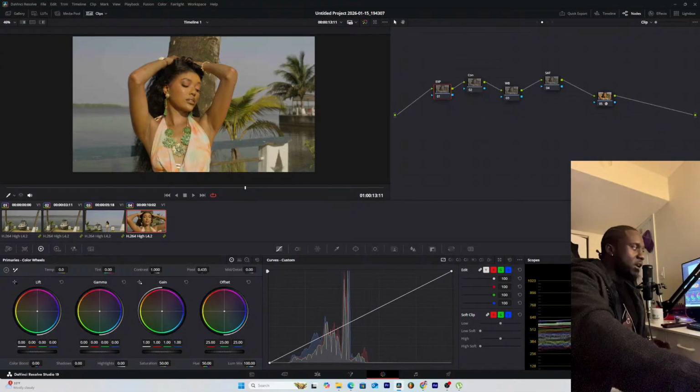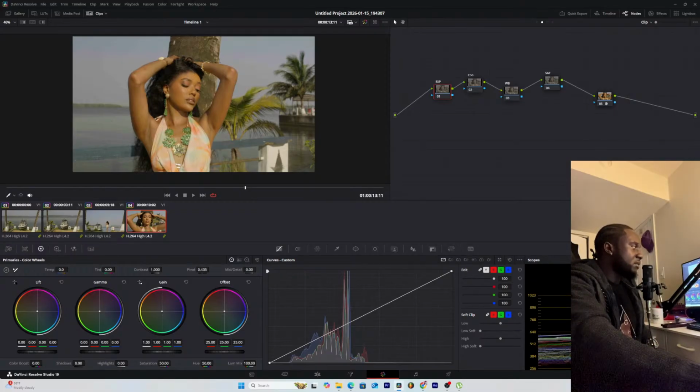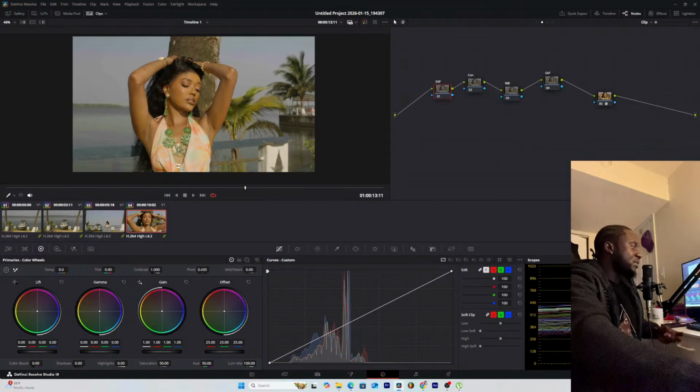Right now you can see that our waveform is not sitting at 0 and it's not sitting right on top, but we have some space, because once your waveform gets right up here, you're losing details in the highlights. And once it gets right to 0, you're losing details in the shadows. So we don't want that, but we still want this wave to be stretched out so we have more